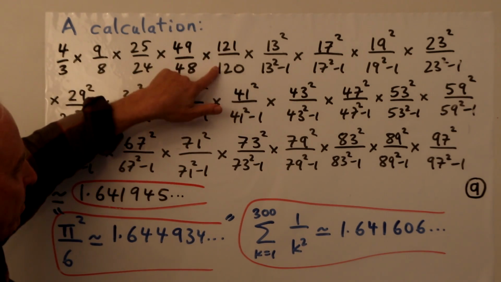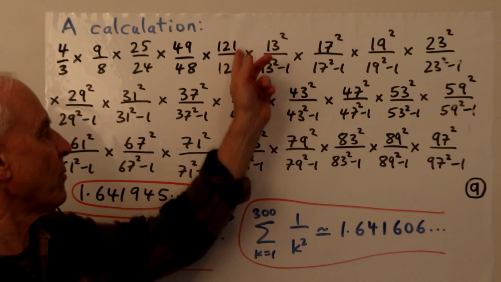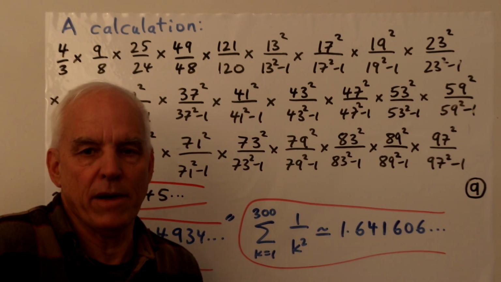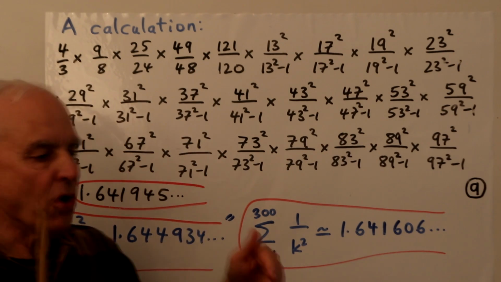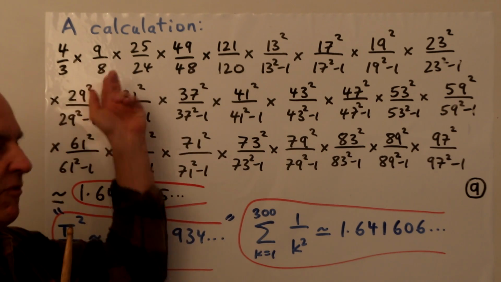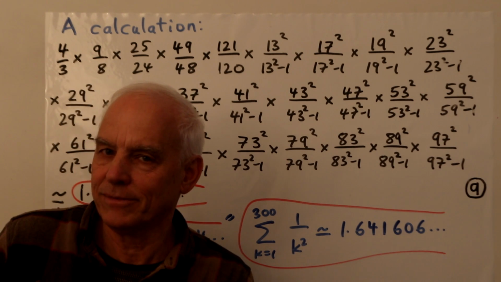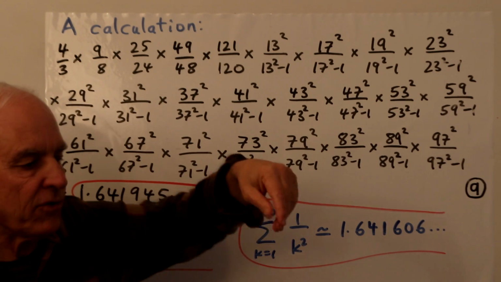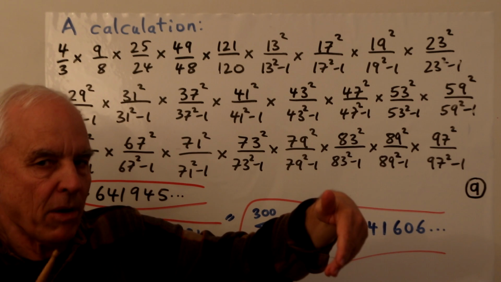What does it mean to multiply by 121 over 120? Well, this is a little bit more than 1% more than 1. So it's something like 1.01. So this is like how much you owe if you borrowed this amount of money for 1 year at a roughly 1% interest rate. Okay? This little ratio here is giving us 1% interest. So the amount that you owe after a year is a little bit more, roughly about 1% more.